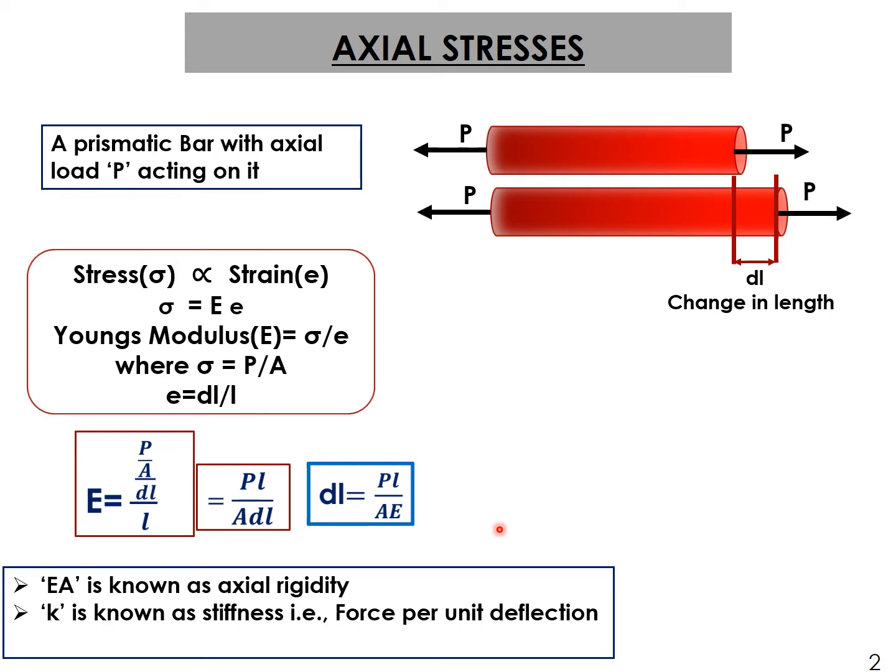And yes, a very important term, K, stiffness, that is force per unit deflection. So we can modify this formula and derive the value of force per unit deflection. Now deflection we have, and so del L is the deflection. Using this relation, we can derive the formula of our stiffness. P upon del L will be the stiffness. You can modify this relation, and here goes the formula: stiffness is equal to the product of AE divided by the length of the specimen.